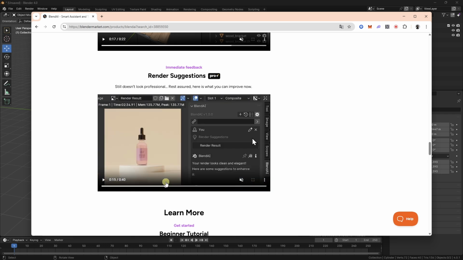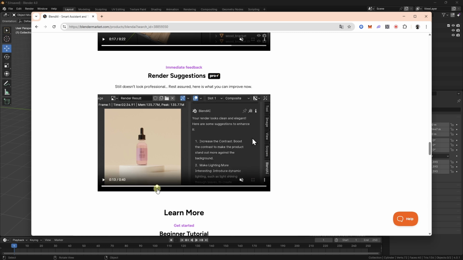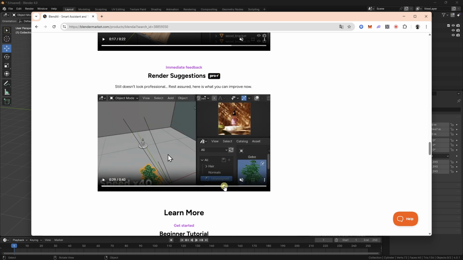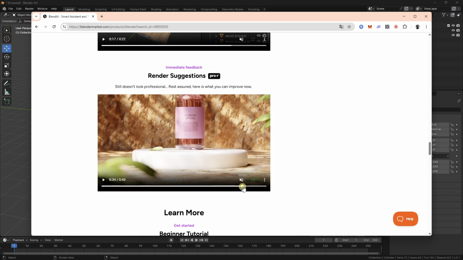As you guys can see, it just says, yeah, okay, it looks clean. However, you can increase the contrast, you can make lighting more interesting by using dynamic lighting, light shining through leaves, etc, etc. So once we do all these changes, it's something